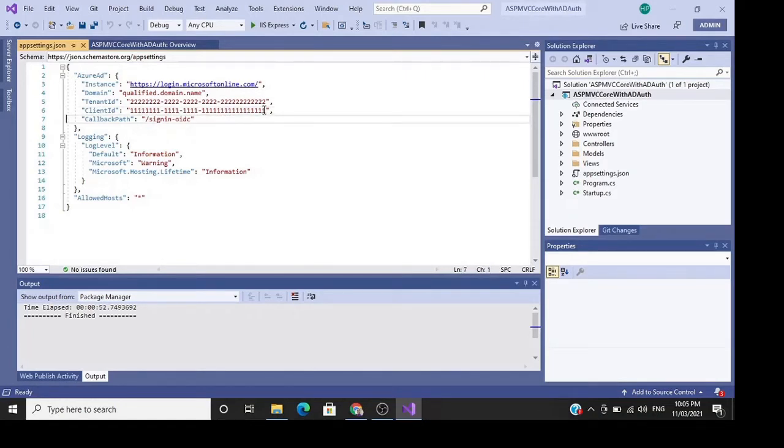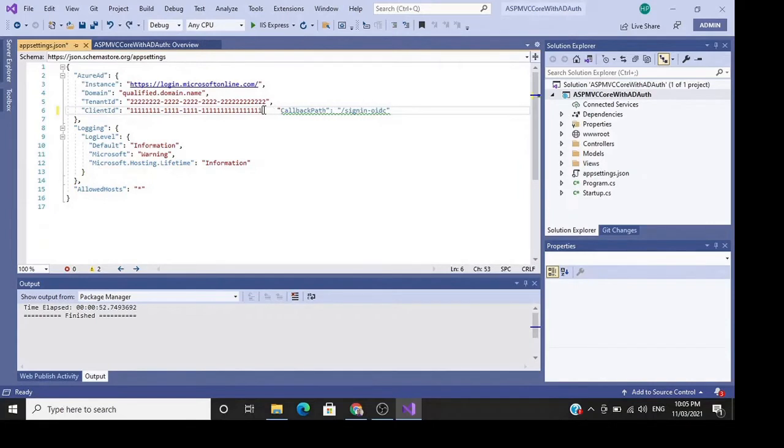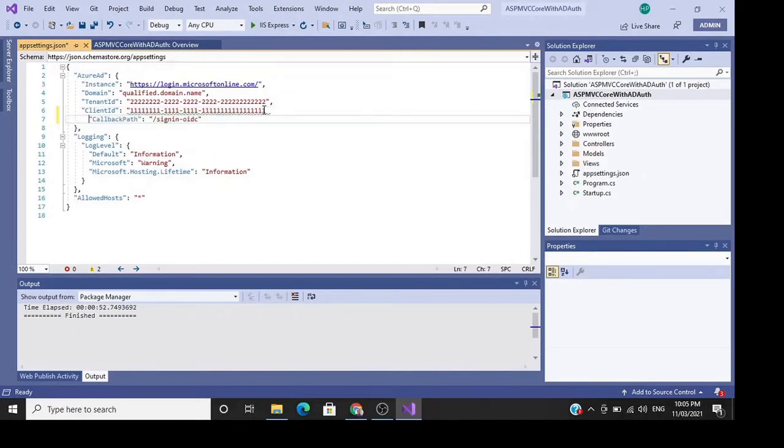Next is tenant ID. Fine, so client ID is copied.